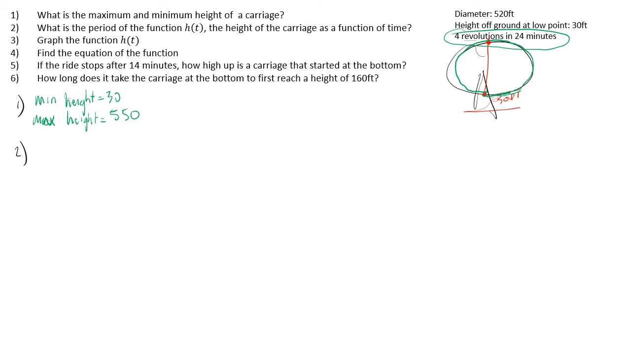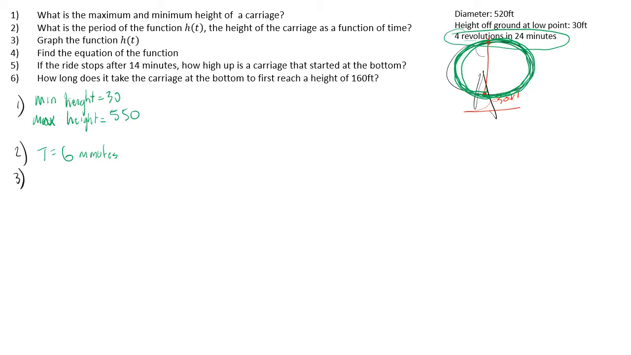And then right here it starts repeating itself. Remember, sine or cosine is periodic, or circular is another way to say that. And so the period, T, is 6 minutes. That's it, right? It takes 6 minutes for this thing to take 1 full revolution. Number 3,